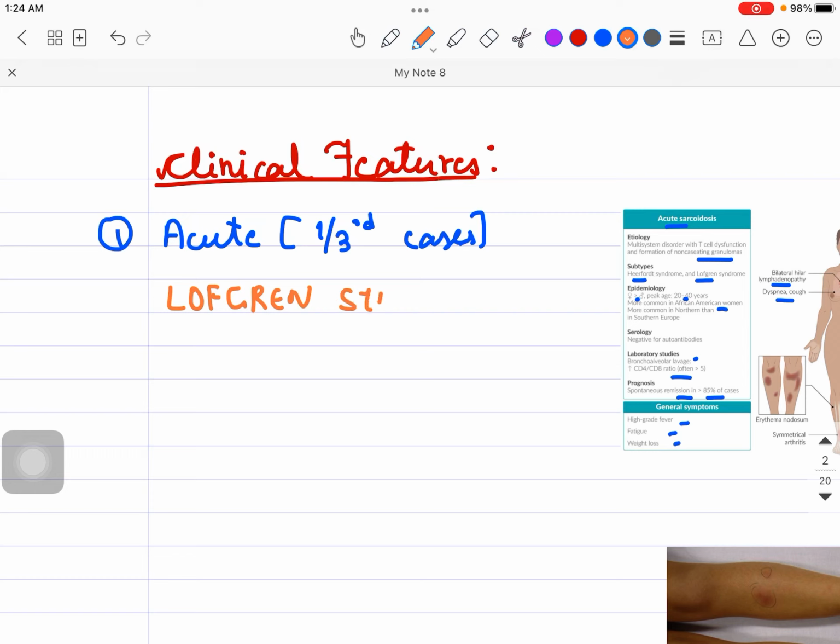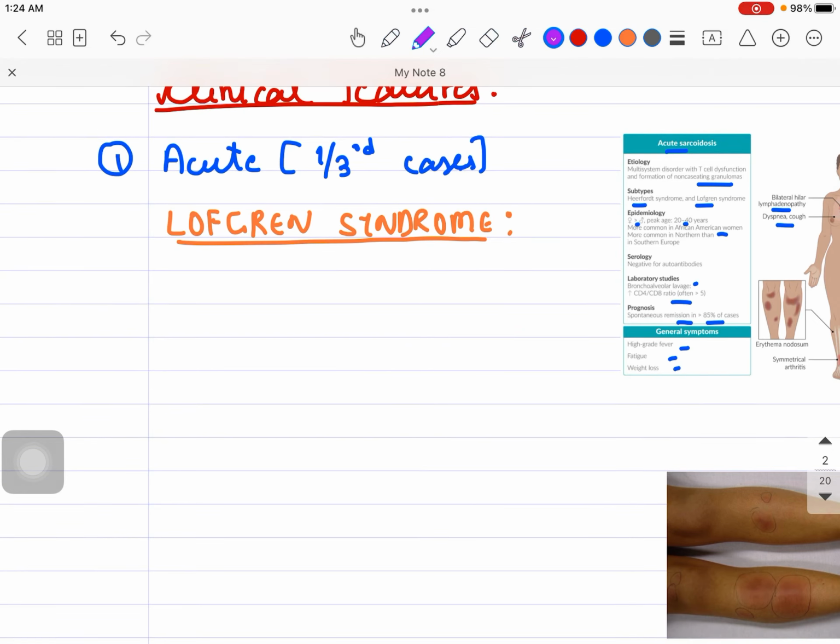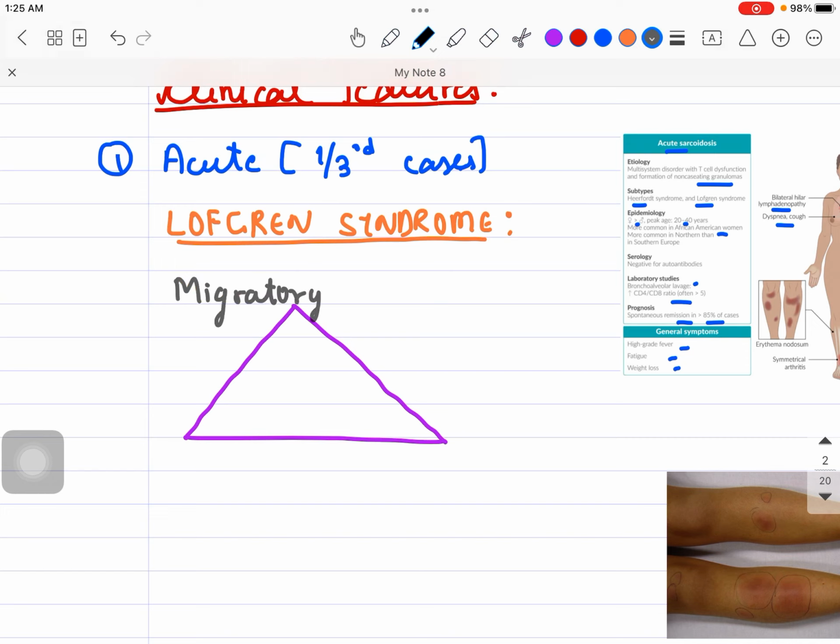So in the Lofgren syndrome, guys, what you need to remember is very simple. Just need to remember the triad, right? So what triad am I talking about over here? Just remember this triangle. In the Lofgren syndrome, we are talking about joint involvement, and these joints will have polyarthritis. So I'm just writing migratory polyarthritis, right? Migratory polyarthritis. So joints involvement.